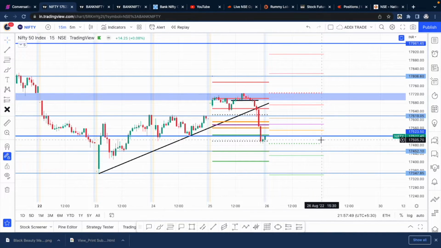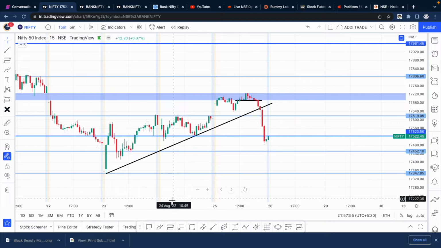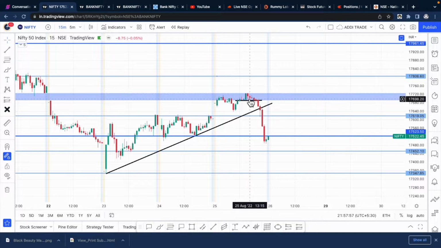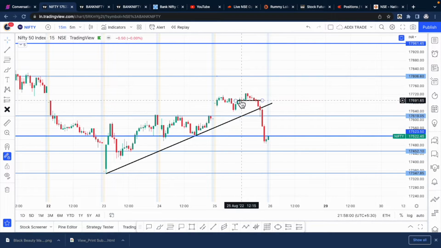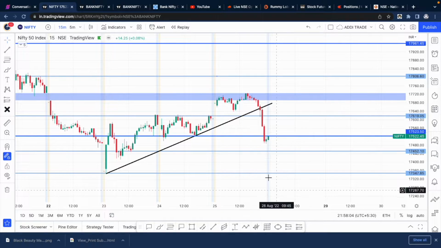If the entire day was choppy and we could not catch anything, that is also still fine. That's how the market moved. A lot of people's stop losses would have hit on either side. But when this trend line broke, on 15 minutes or 5 minutes, and when it came back and retested this trend line, this last half an hour dip was tradable. Even a 0-2 hero trade, if we had attempted, would have made nice money.